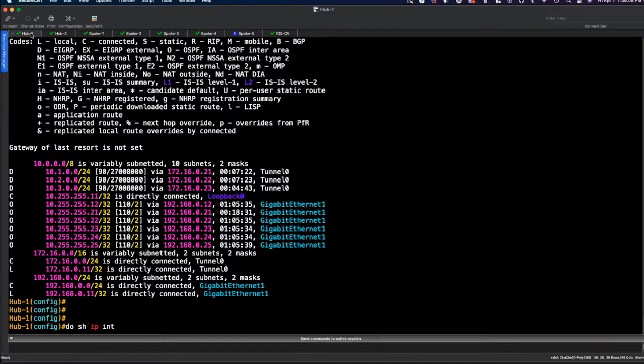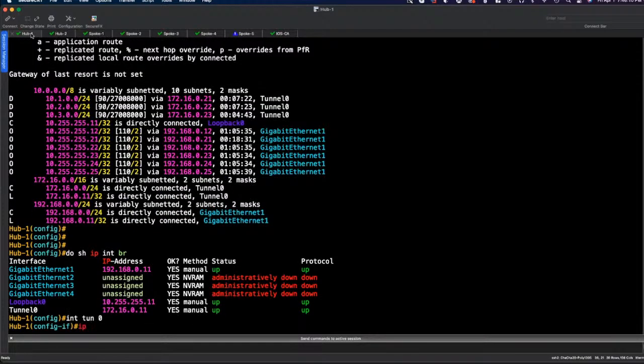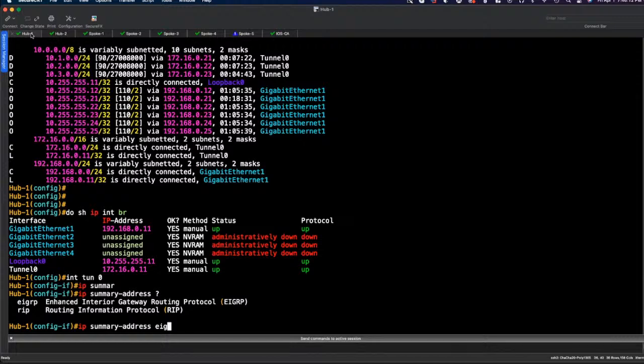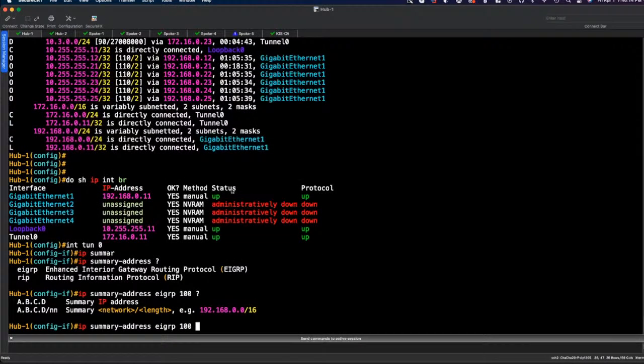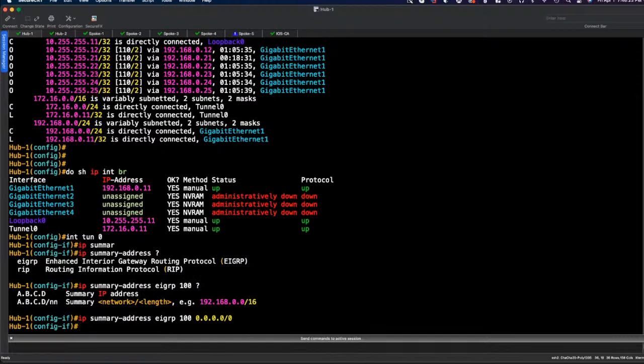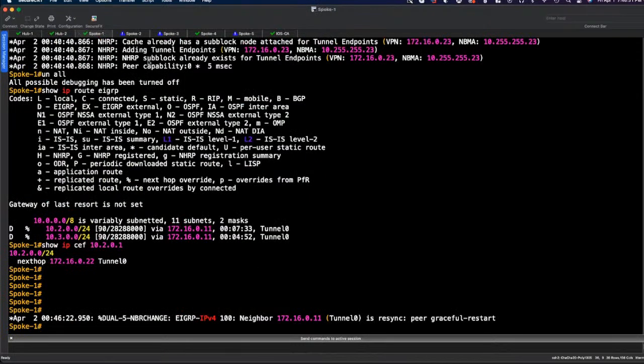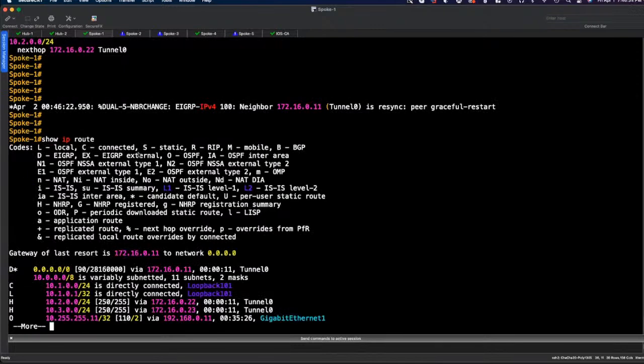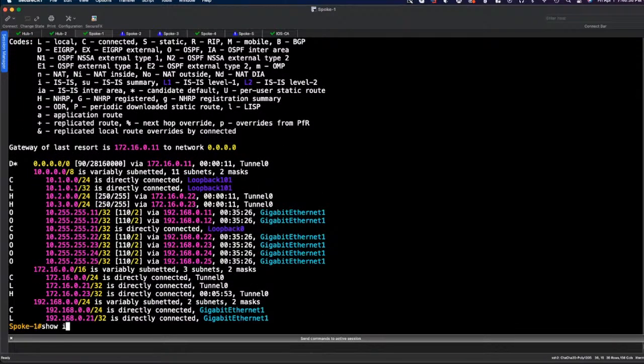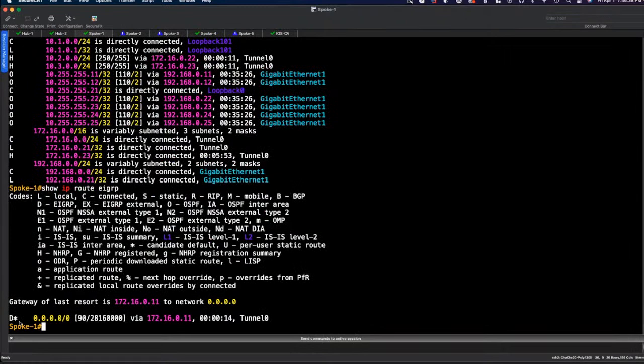Actually, again, wrong thing, interface. We can configure a summarization. Now, a common theme here is that we can configure a default summary, right? Because we don't actually need the specific routes, because it's all going to have the same next hop anyway, we can just configure the route directly as a default route. And so now we don't have any of the client routes, but what we have is